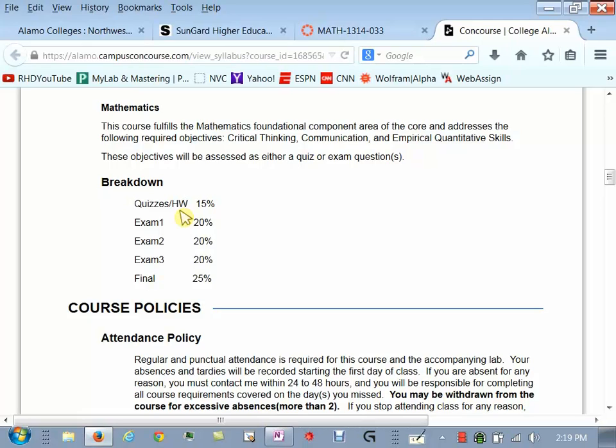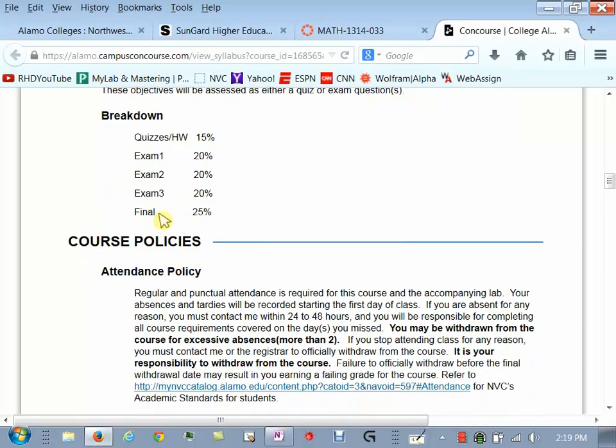So then we have 3 exams. Is it 3 exams on here? Yeah, 3 exams and a final. So a lot of your grade is what you do on tests. Clear? Okay. Everyone always asks, is the final comprehensive? Does it cover the whole class? Does it go all the way back? And I'll just say that will depend on you as a class.